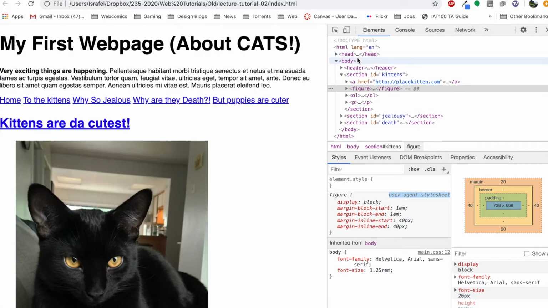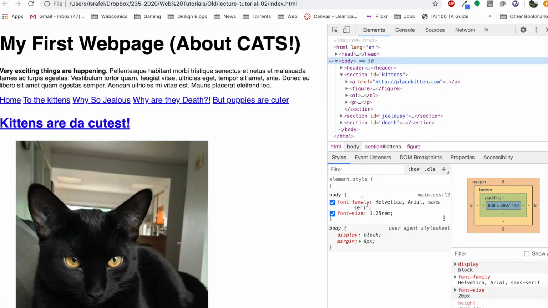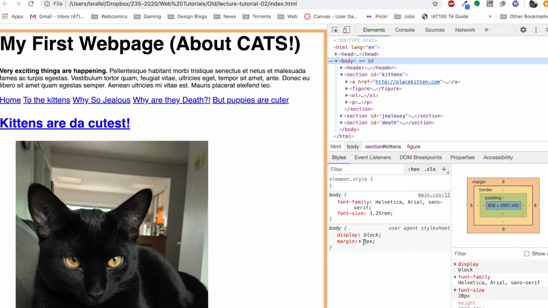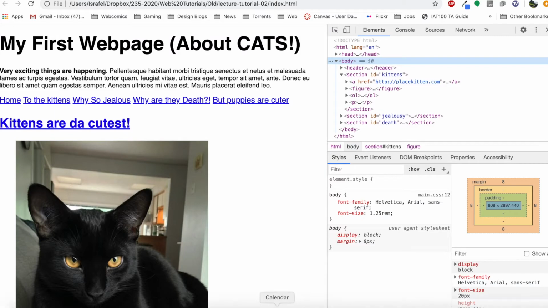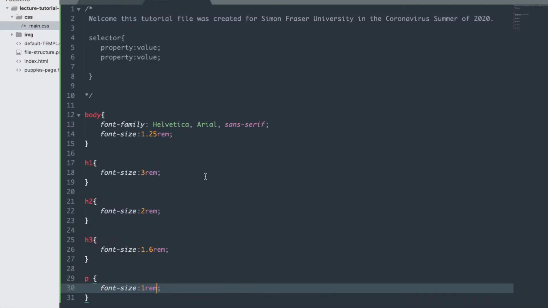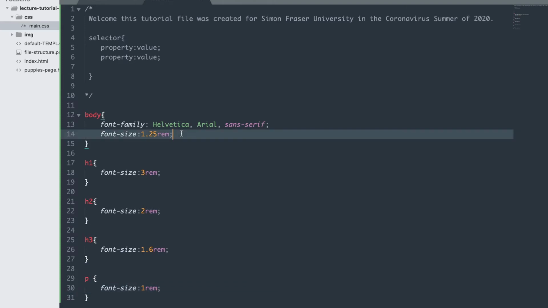And so if, as an example, we were to go to body, and you'll see we've got this, then the user agent says body should be display block, and then it should have a default margin of 8 pixels, which just creates some space off the edge. So if we wanted to change any of those, the moment I write this instruction into the CSS, it's going to overwrite what's in this user agent. So if we go back over to here and we go to take a look at it, let's go back over to body, and let's say